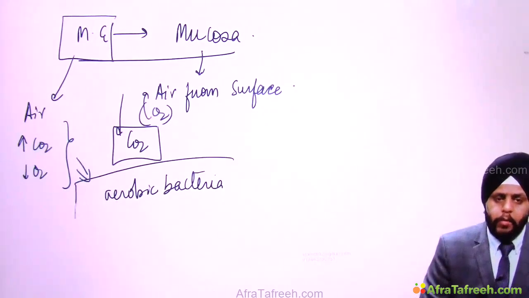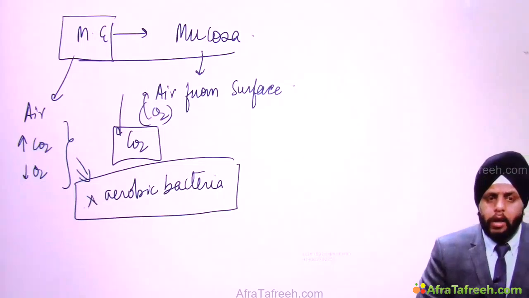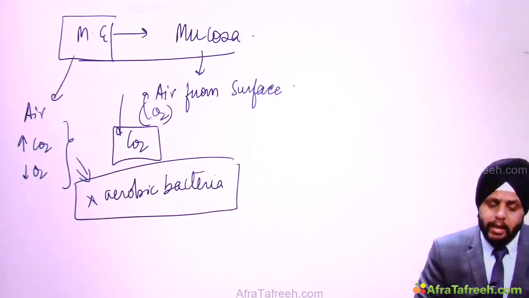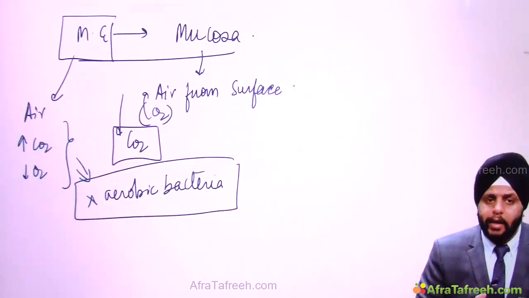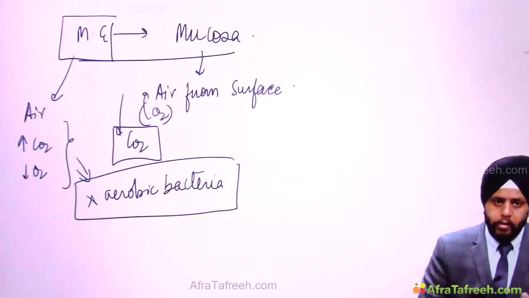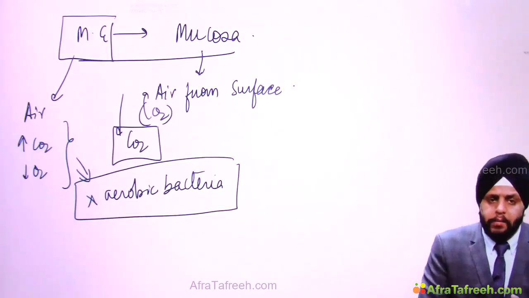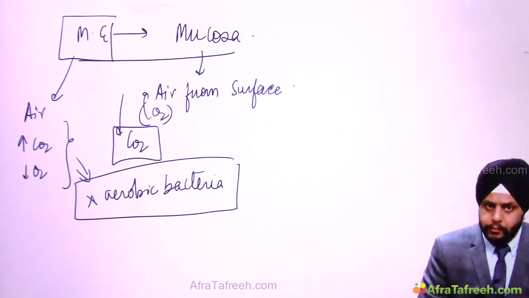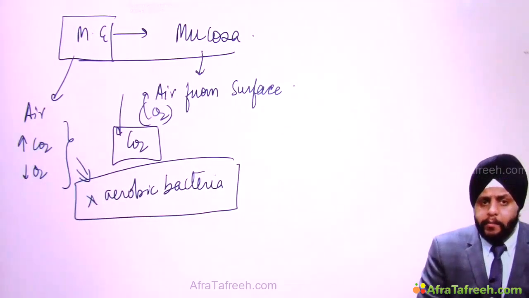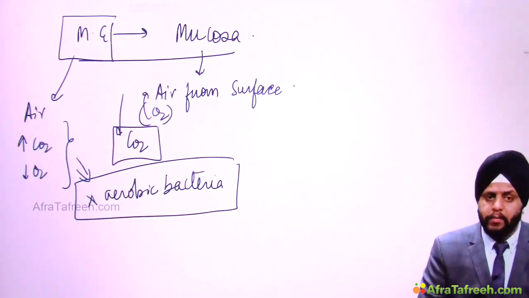Okay, so these aerobic bacteria are not allowed to grow inside the middle ear. Therefore, the middle ear is maintained as a sterile environment. All this arrangement has made the middle ear a sterile environment that does not allow the growth of aerobic bacteria. If there's a tympanic membrane perforation, if there's a hole in the tympanic membrane, now